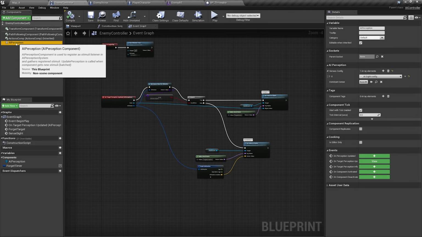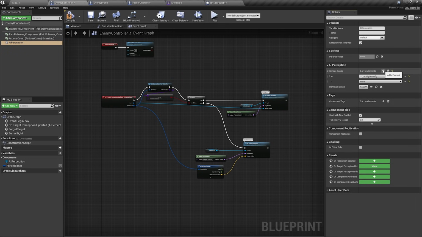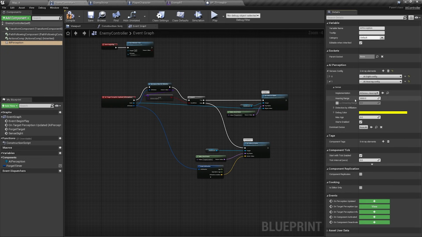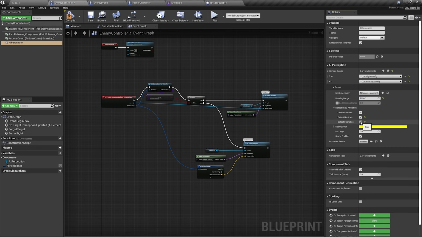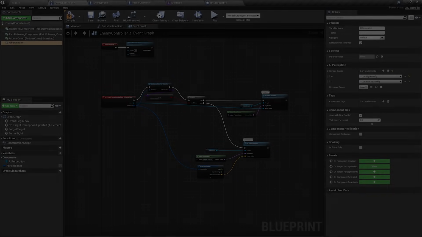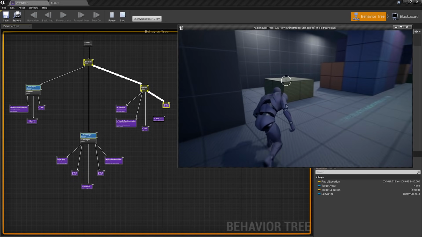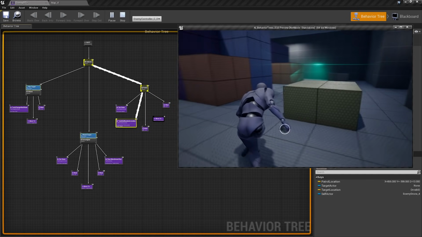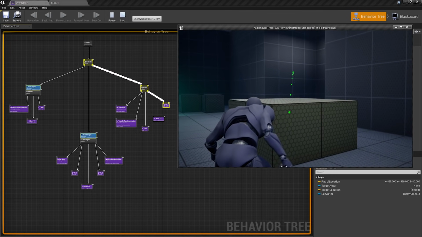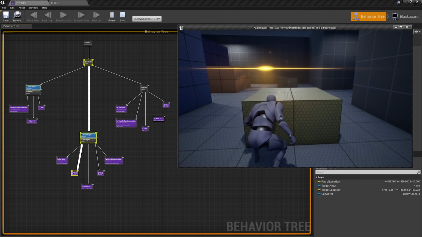Now we just need to make sure that our perception system is able to detect noises too. We're adding an AI hearing config to it, changing some of its data and doing the same workarounds that we did before with the AI sight config. And if we play our game, we can now distract our enemy AI with noises, moving it out of our way, at least temporarily.